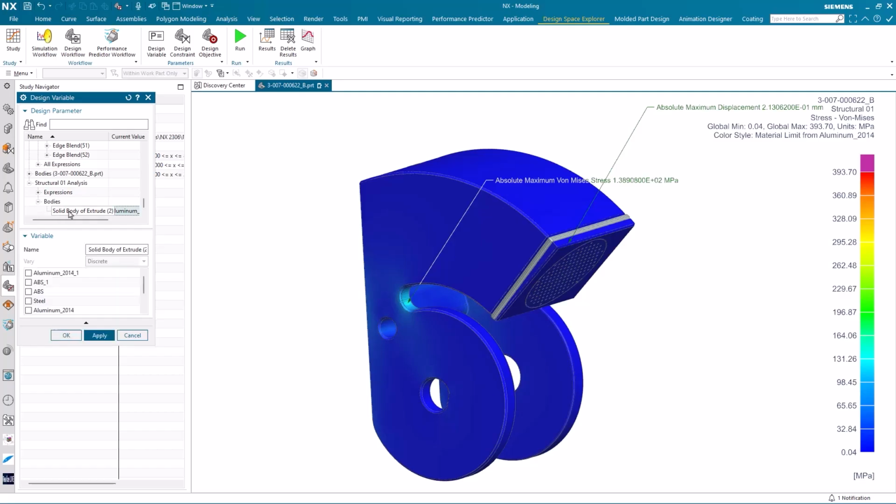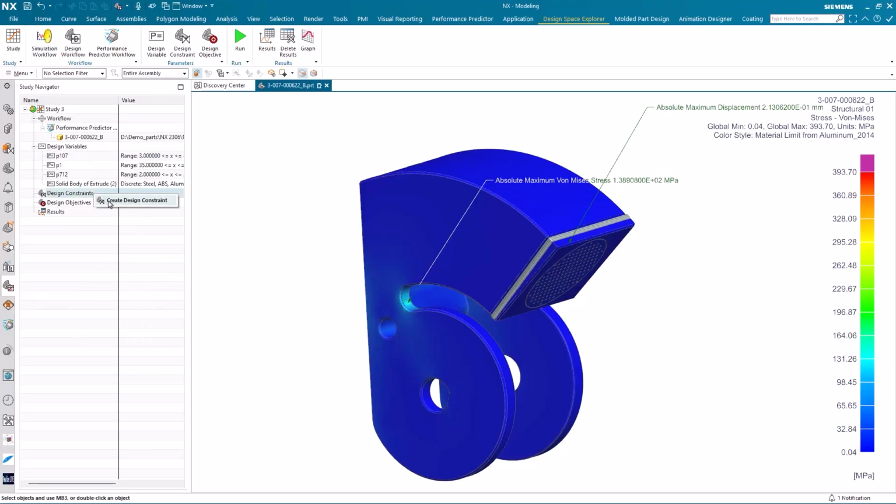We also want to take a multi-dimensional approach to our study and see how different material variables will perform. It's important to evaluate our options at this point, so we can see the feasibility of each material before the part is sent off for manufacturing. After adding material options to our study, we're now ready to set up our design constraints.